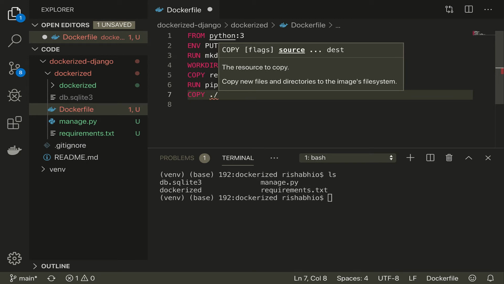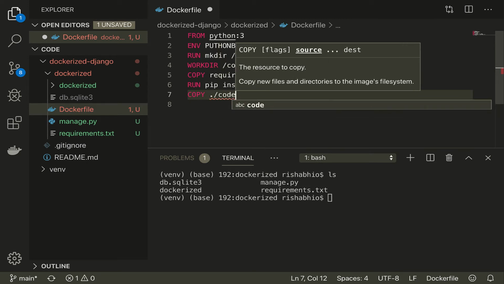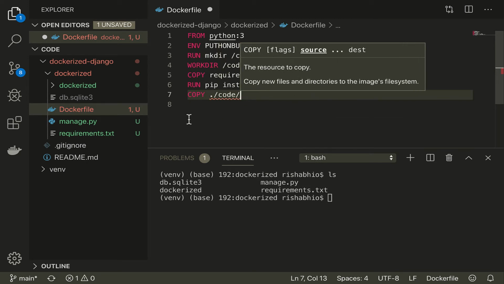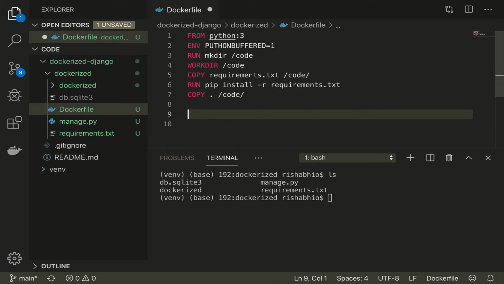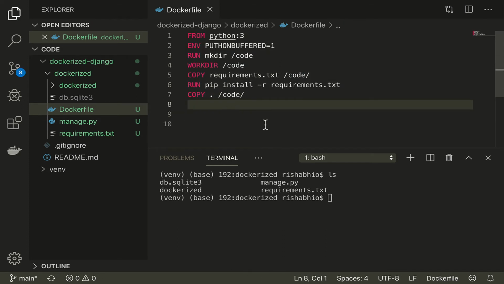And then we are going to copy the current directory inside of the code. Great, that's all for my Dockerfile.